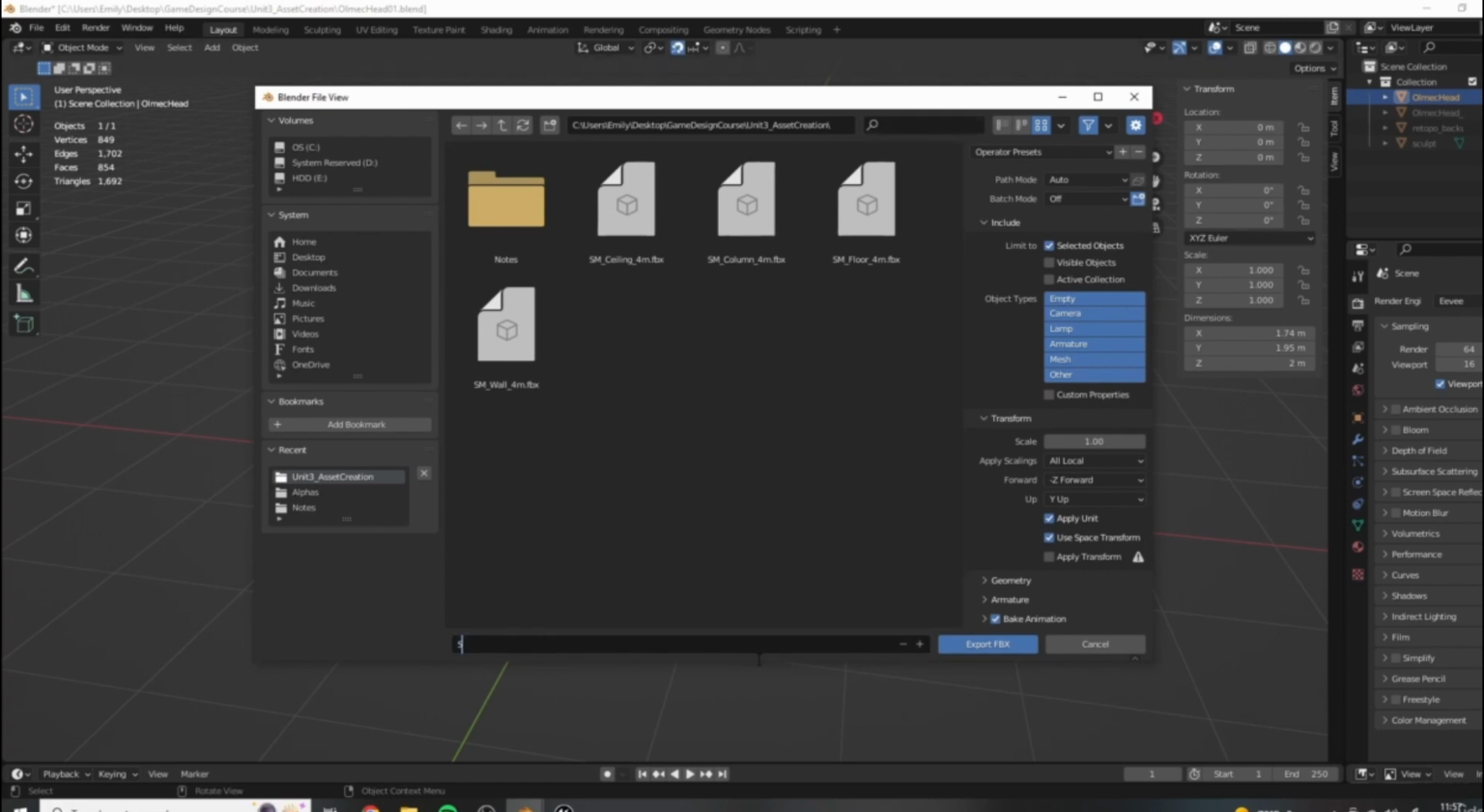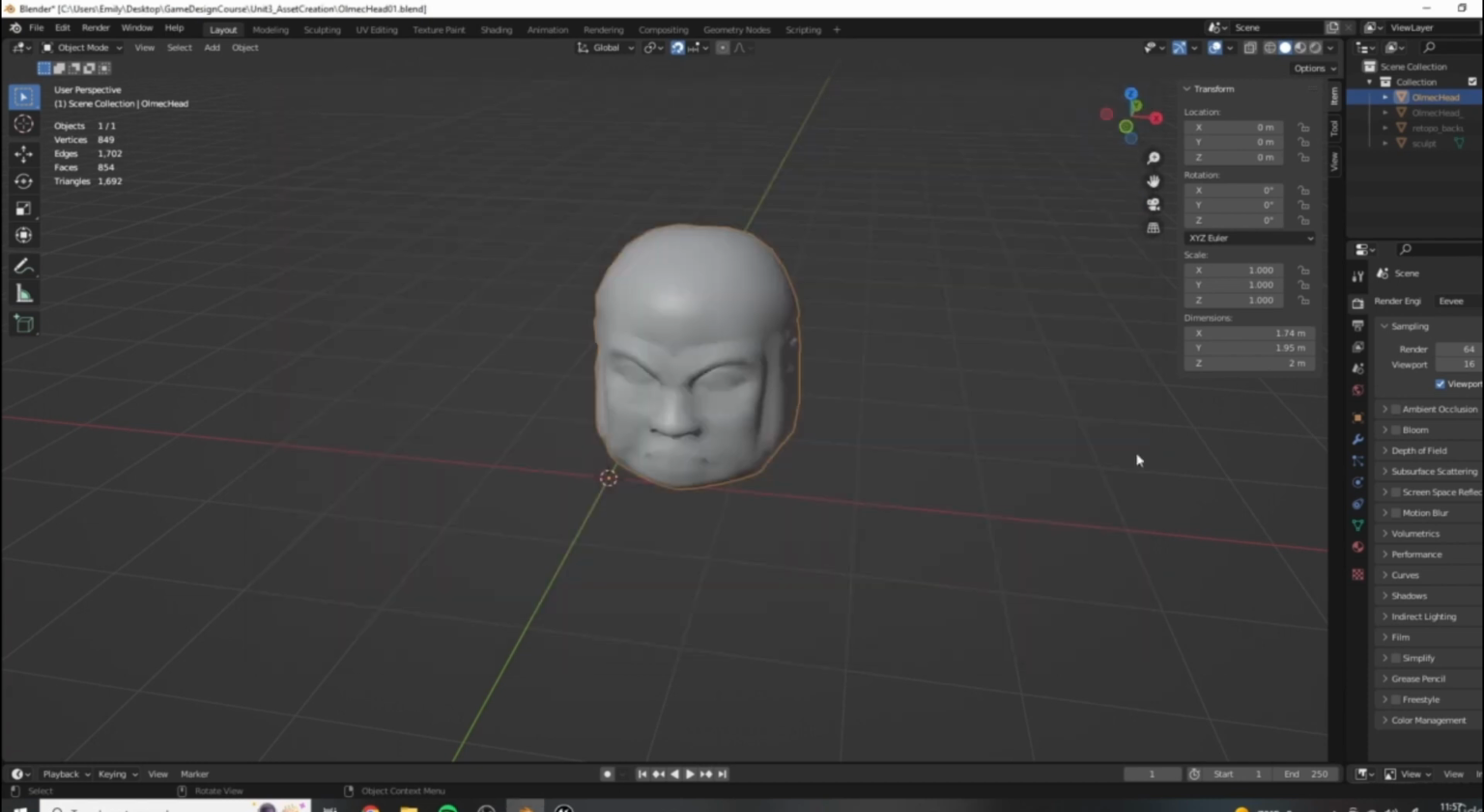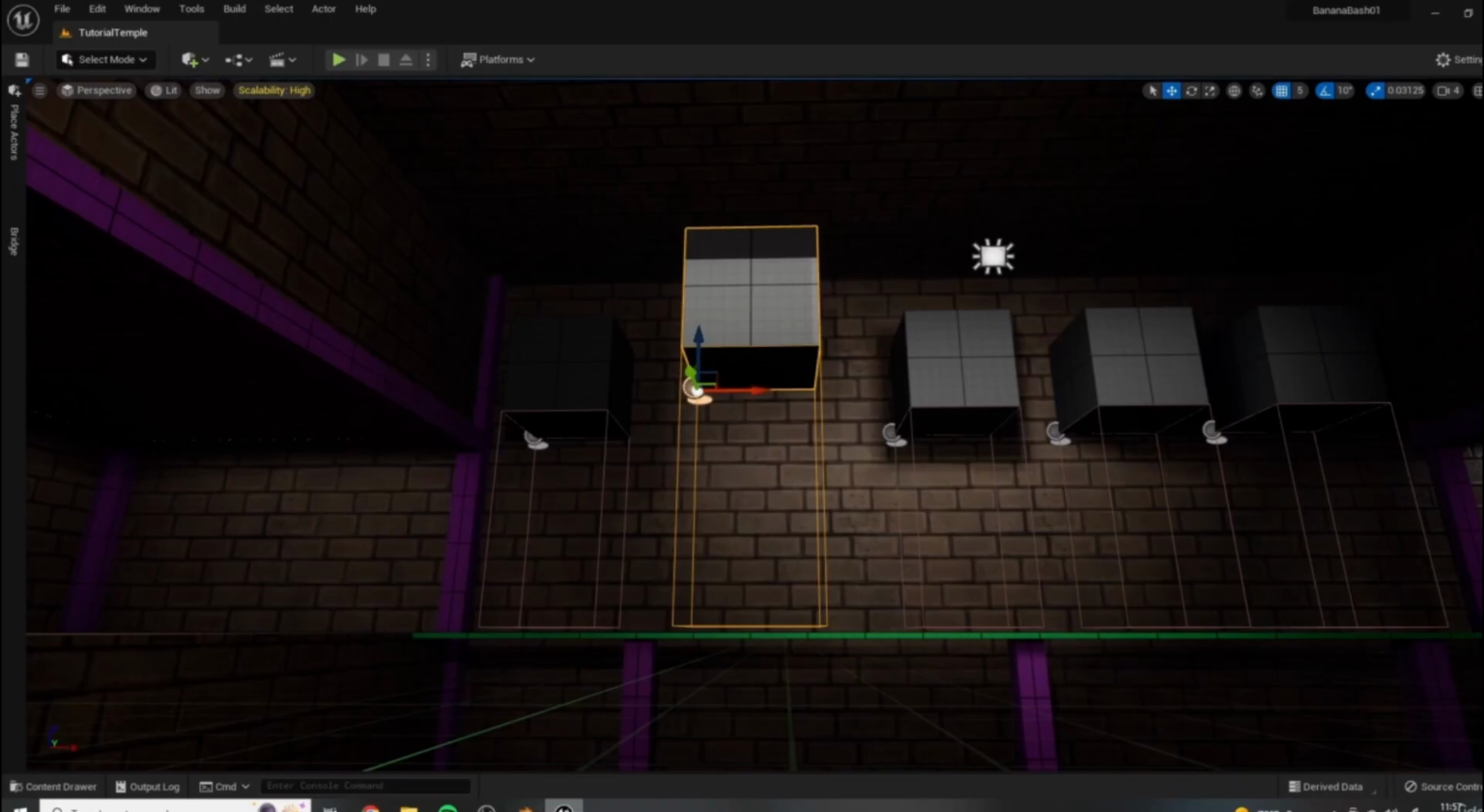Okay, so let's give this a name. I'm going to call it SM for static mesh, and then we're going to call it Olmec head because that's what it is, and we're going to export. All right,